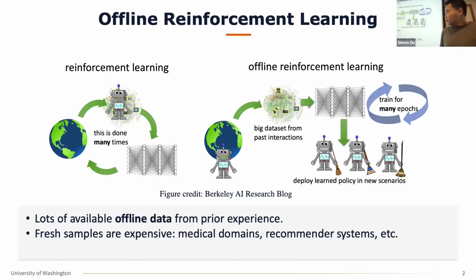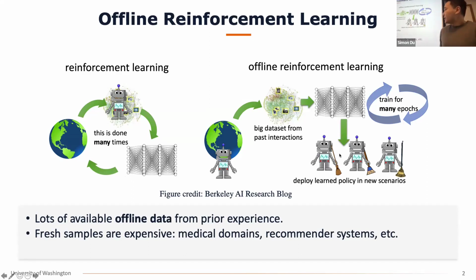All right, to motivate offline reinforcement learning, I think many of you are familiar with the reinforcement learning basic setup. Basically, we are controlling an agent, a robot here, which is interacting with an environment. During the interactions, we gather data, and then we try to improve the performance of this agent. So many times we train, let's say, a neural network, and then we interact with the environment with the new policy, and we iterate. That's the standard reinforcement learning, or more specifically, the online reinforcement learning setup.